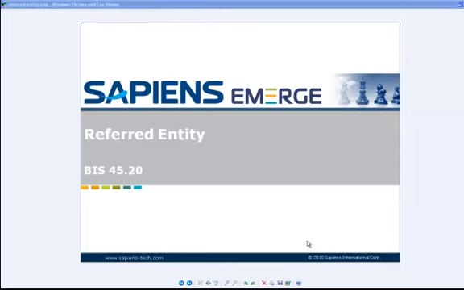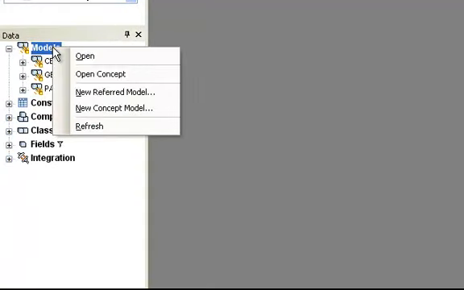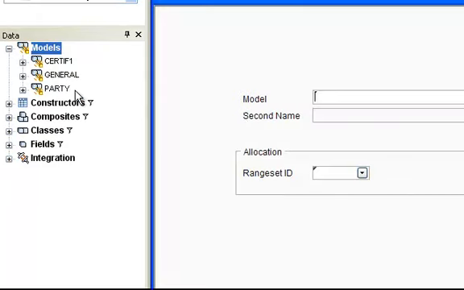Hello, in this session I'm going to discuss the referred entity. I log into the development workbench to the module where I would like to define this referred entity. I defined a new model. The model, instead of being a concept model, is a new referred model. We're going to call it a refer,